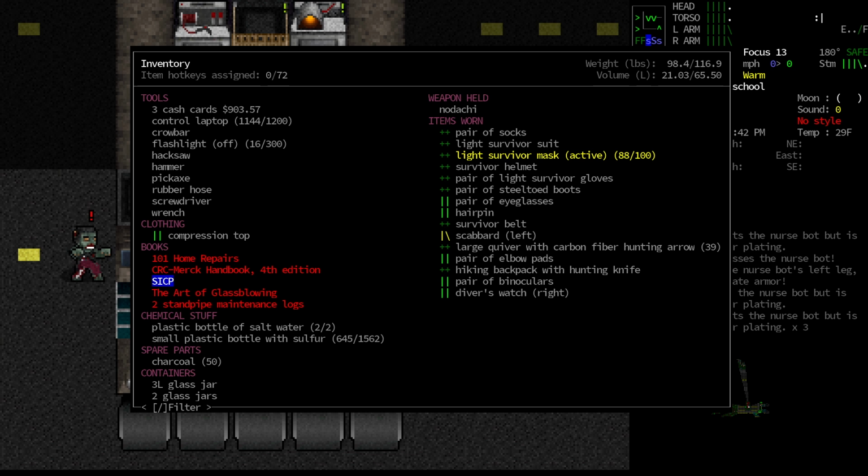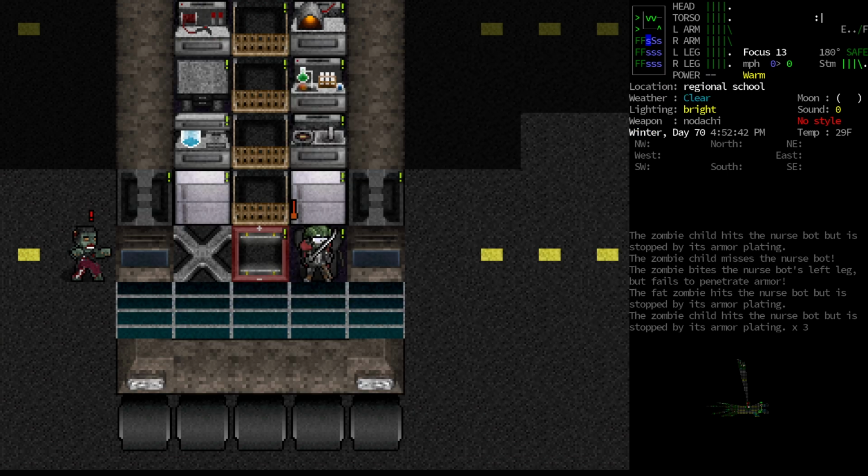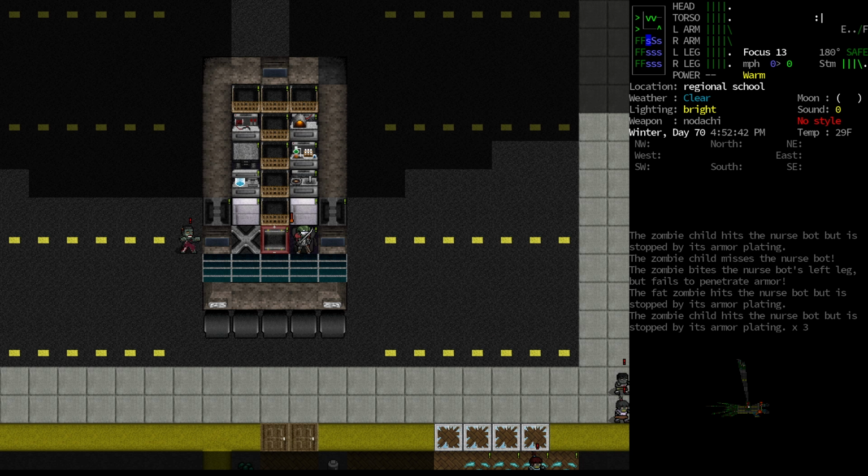This is a next level computer book. It can get us up to, I think it's either 8 or 10. I don't remember. And I'm not sure what that is. But at this point, it doesn't really matter. We're at the school right now, and